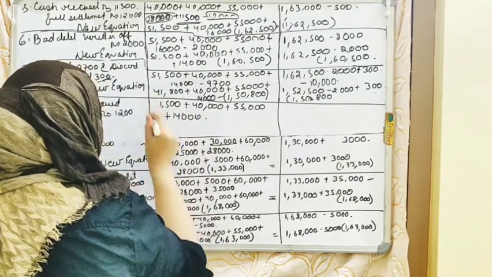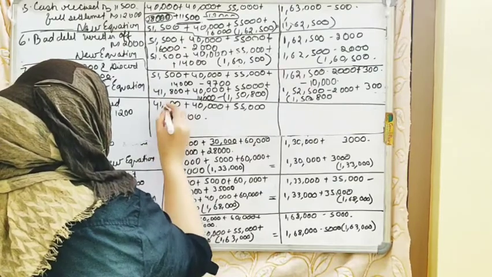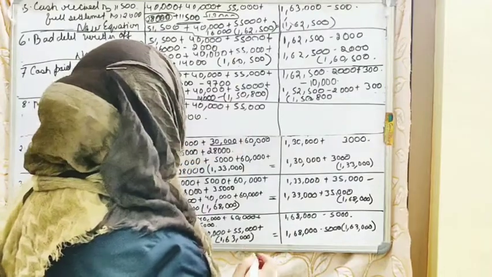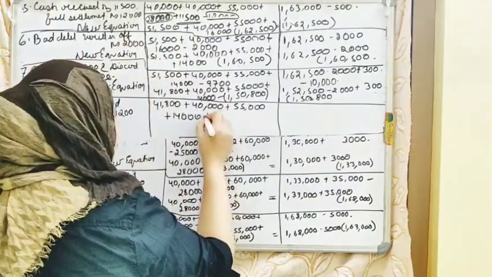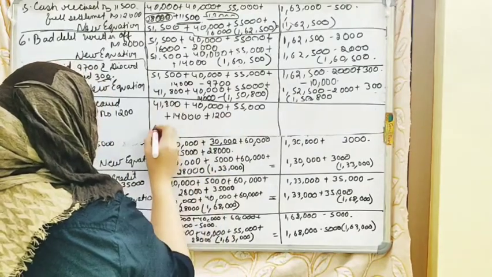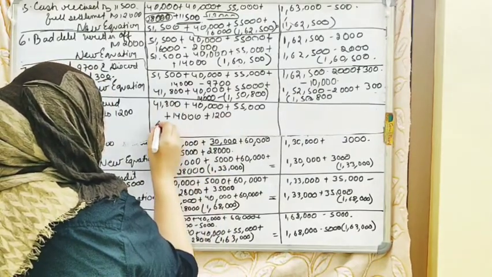Sorry, 41,800 was the amount, not 51,000. 41,800 plus 40,000 plus 55,000 plus 14,000 plus 1,200. So if we add 1,200 over here, we'll get the amount of rupees